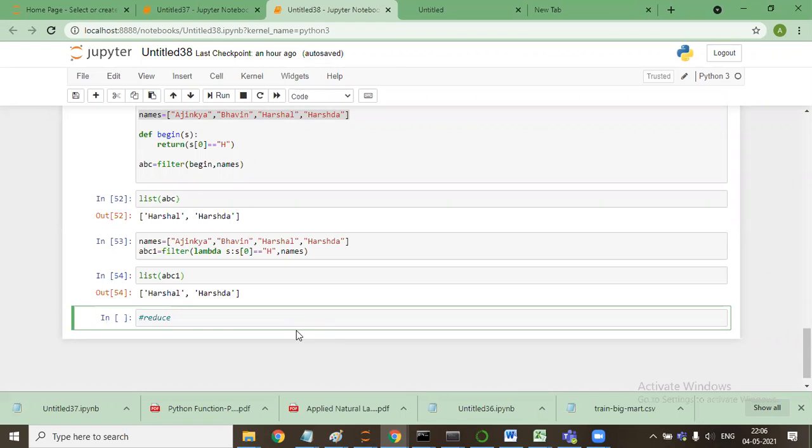Yes, it's the same reduce. So the function of reduce is to reduce. Map is to map, and reduce will take it to a single element. Reduce returns a single value.